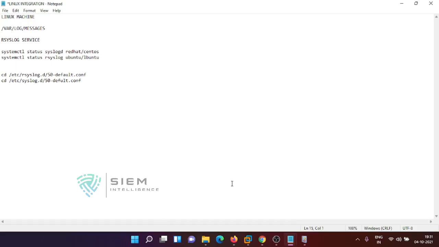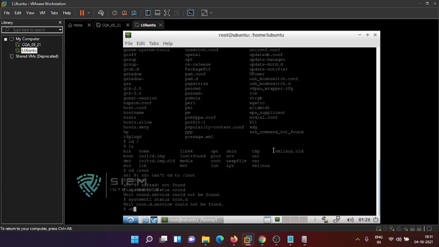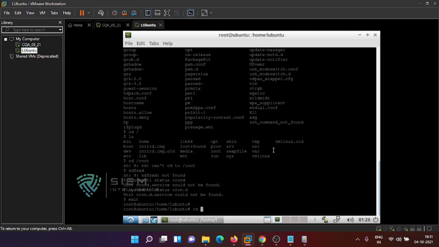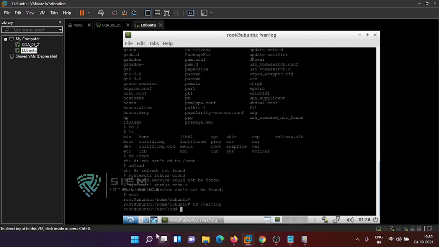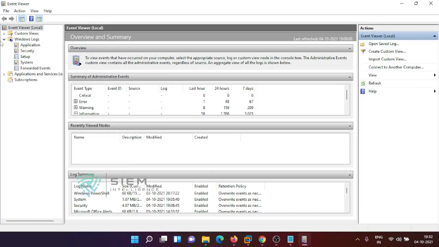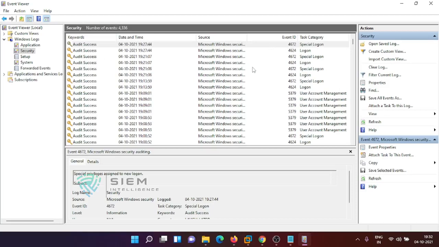See, I have already explained regarding that. If you know about Event Viewer, this is the event viewer of Windows, where the application logs are there, security logs are there. In every log source, there used to be application log, security log, setup log, audit logs. Everything is common for any OS.